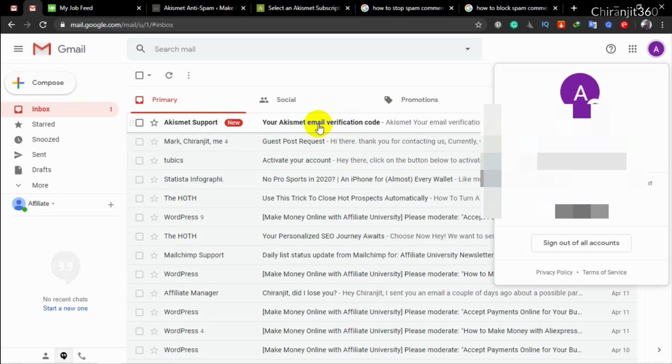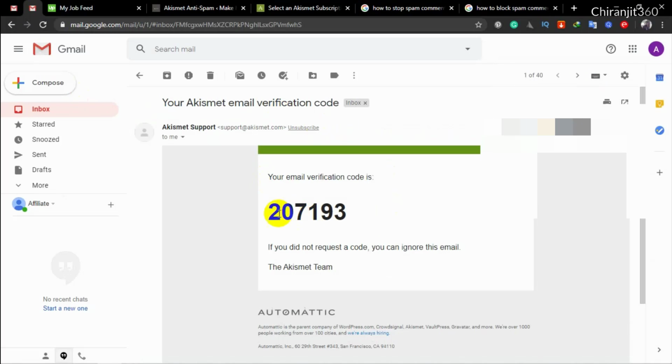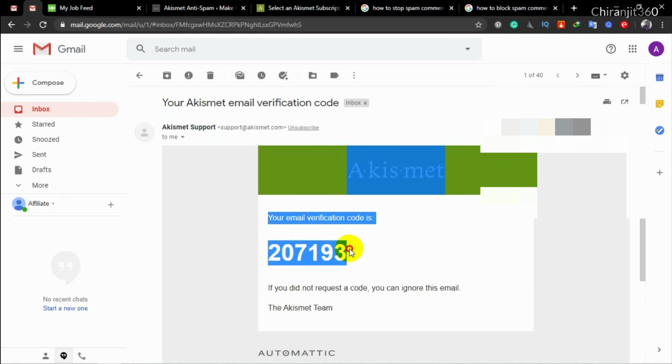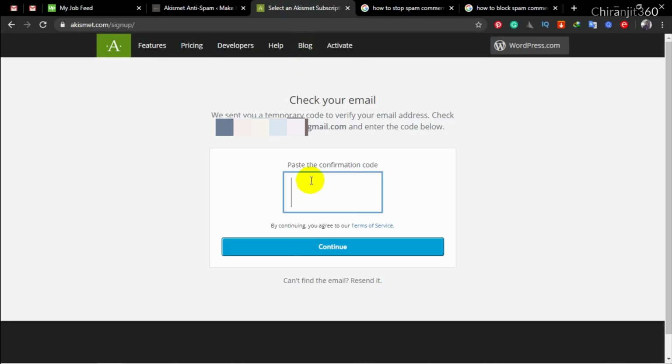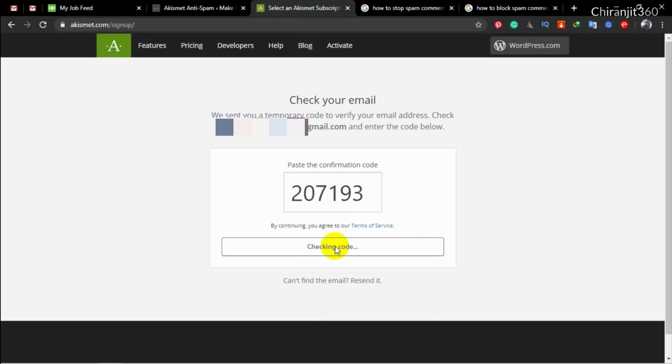So just check your email, make sure to check the spam folder if you didn't find it in your inbox, and copy the verification code and paste it here. Okay, then click continue.